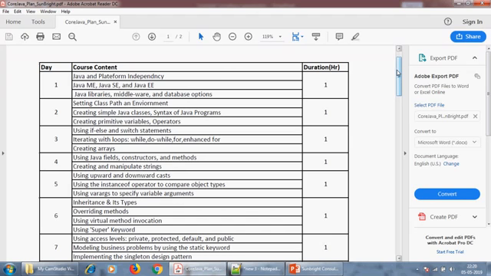second hour or second day, we'll be seeing how to run Java programs. So in the first hour, we will be talking about the importance of Java that I already briefed you. In the second hour, we'll be going over how to set the class path environment, how to troubleshoot the Java program, what the steps are to run the Java program, how the first Java program looks like, what the syntax of the Java program is, what the rules are, what the common structures are, what the do's and don'ts are. All these things will be covered in the second hour.